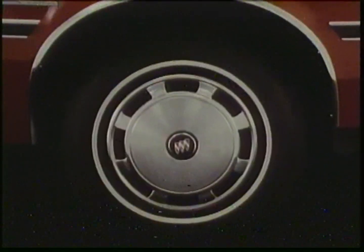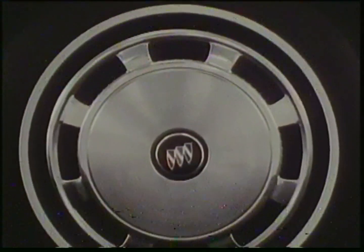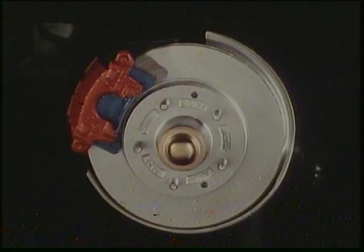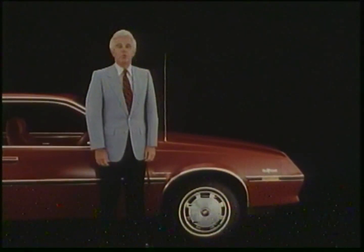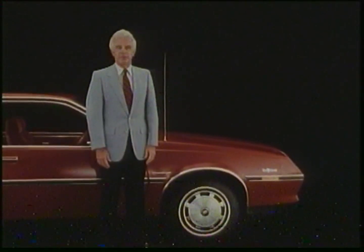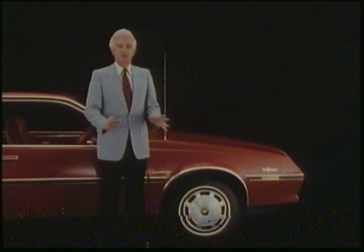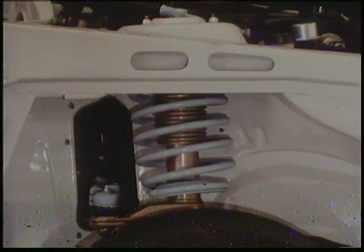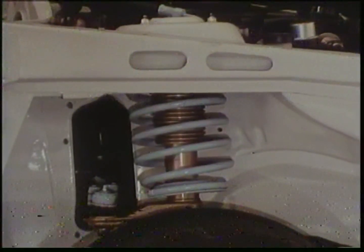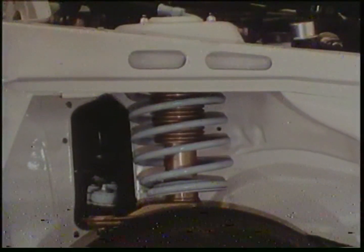a year. These power front disc brakes are standard and are equipped with retracting calipers to decrease rolling resistance even more. They also incorporate an audible wear indicator which generates a chirping sound when the brake pads need replacement. Another thing you just don't have to worry about. One of the fringe benefits of Skyhawk's front-wheel drive is McPherson strut front suspension. It helps give you a smooth ride and great road feel, which makes driving the Skyhawk a lot of fun,